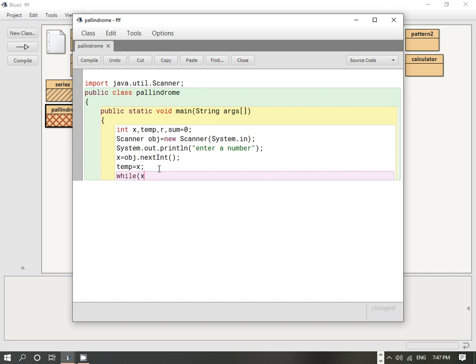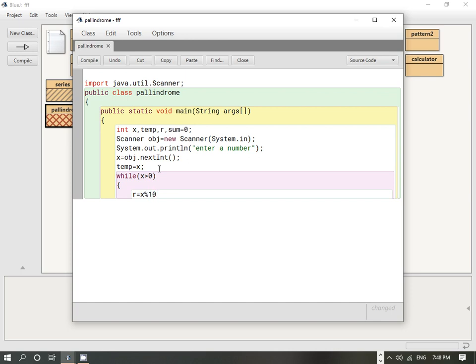While x is greater than 0, means whatever computation we are going to do now will continue till the value of x is greater than 0. So we have to reverse the number, and for that we write r equals x mod 10.